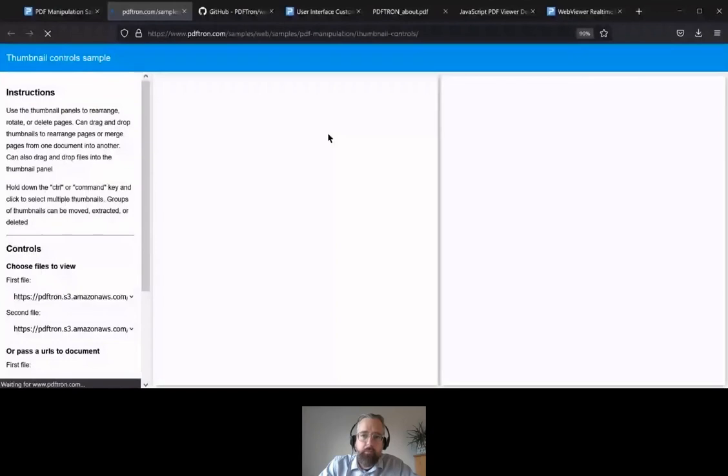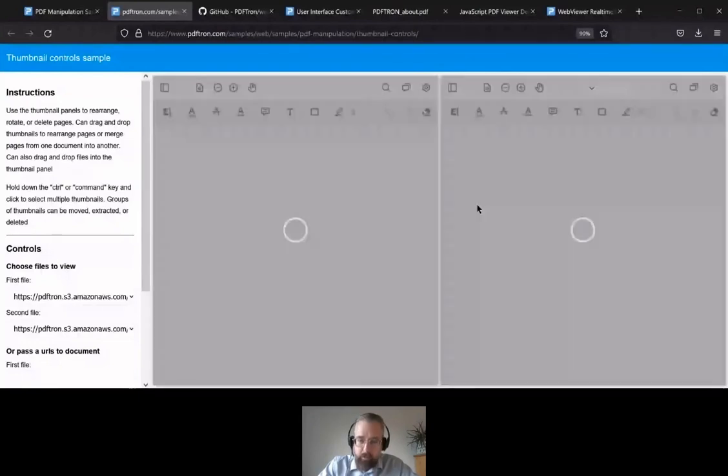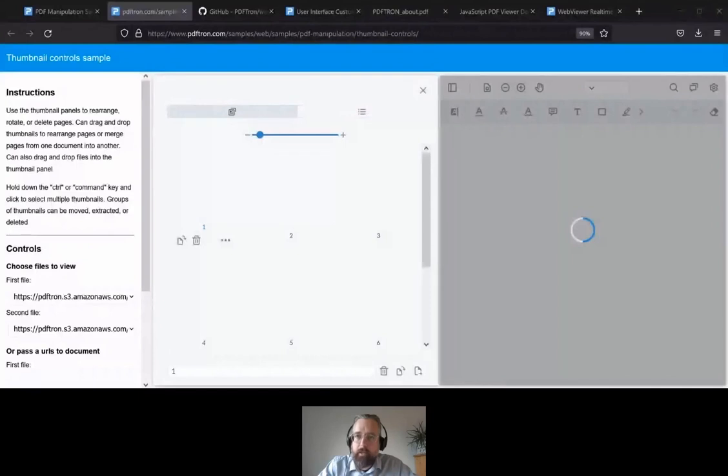And what this sample shows is that we can drag and drop thumbnails between two different documents and use that as a way of assembling a new PDF document from scratch or from other documents. So here on the left we'll have one particular document, and then on the right, the new document that we're assembling from that existing file. And what that will let us do is build up some sort of